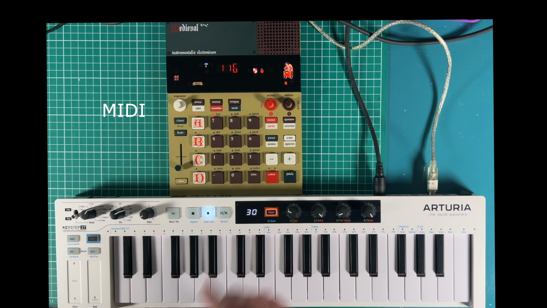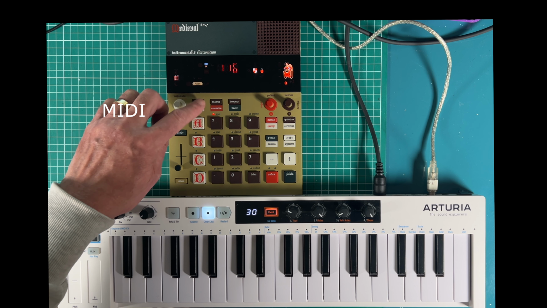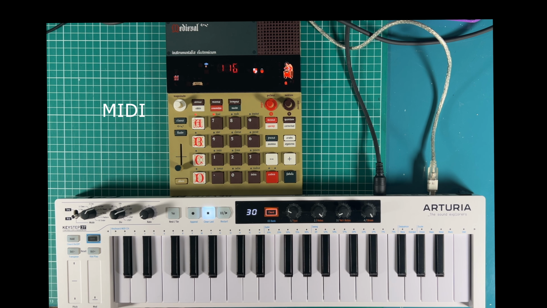Now the Medieval receives on all Midi channels, so it's simplicity itself. I've got the Keystep set to Midi channel 1, but it doesn't really matter. I just play the